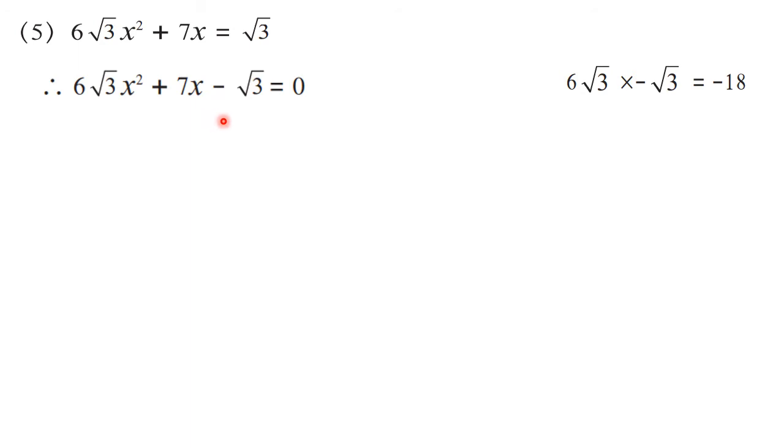We have to find two numbers such that the multiplication is 18 and difference is plus 7. I told you why to think of the difference because here sign is minus. If sign is plus, we are thinking of addition. If sign is minus, we are thinking of difference or subtraction. So two numbers whose multiplication is 18 and difference is 7. So these two numbers are 9 and 2. 9 2s are 18 and 9 minus 2 is 7.